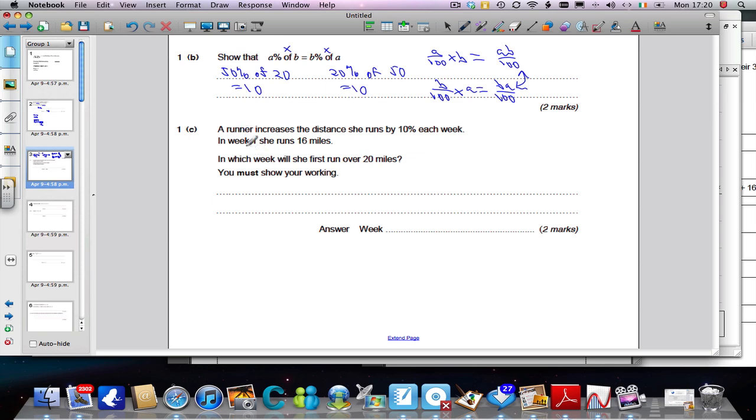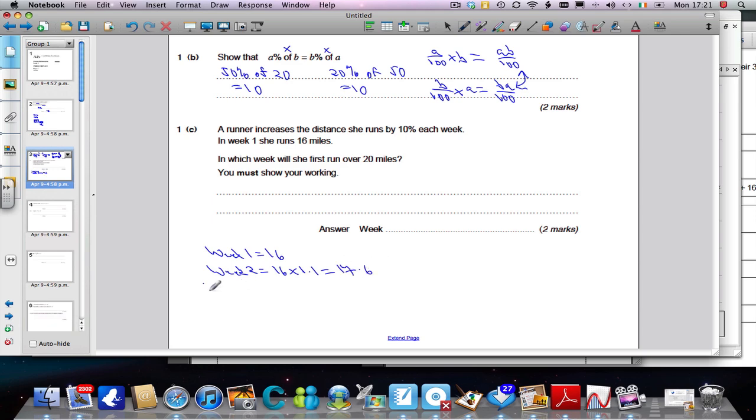Question 1c. So we're told that a runner increases the distance she runs by 10% each week, and in week 1 she runs 16 miles, and every week she's going 10% more. We want to know which week it is she first runs more than 20 miles. So what I did was I said, well, week 1 equals 16 miles. Week 2 is going to be equal to 16 miles plus the 10%, so multiply that by 1.1, which gives us